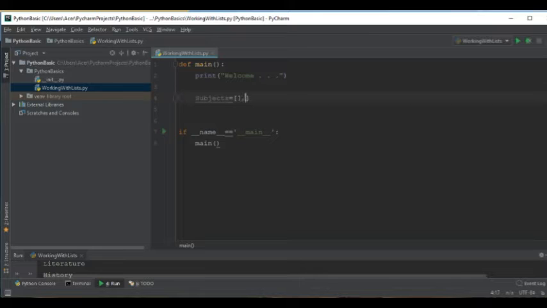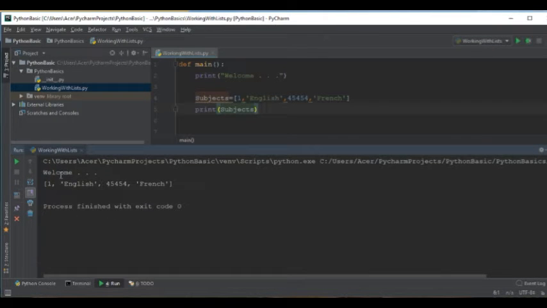Let's put it like 1, English, 54, then French. So in this output we are getting all the items in this list, so it does not throw any error because it supports heterogeneous data types. So here this data type is just an int, and this is like